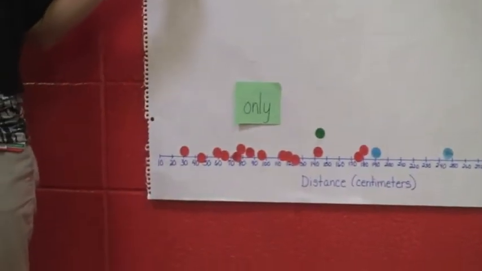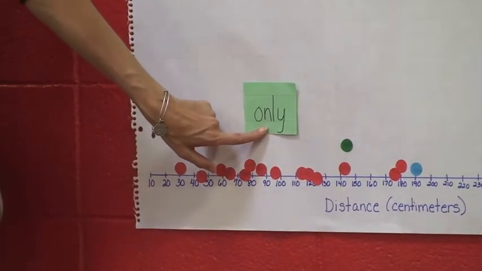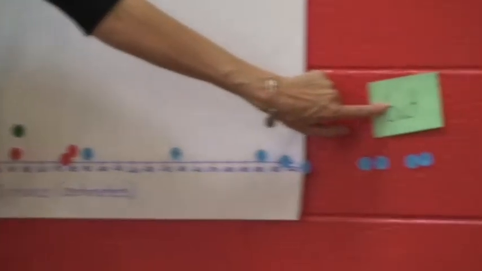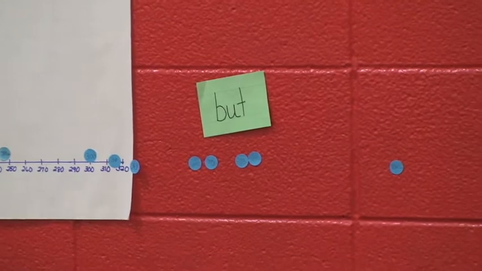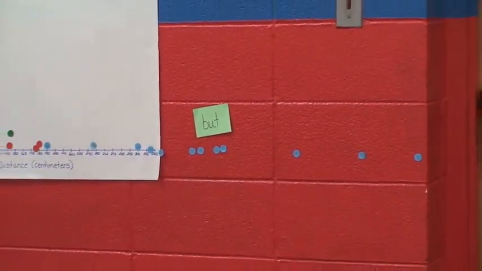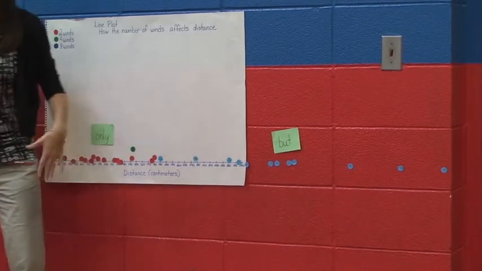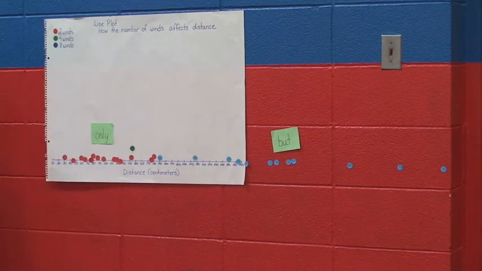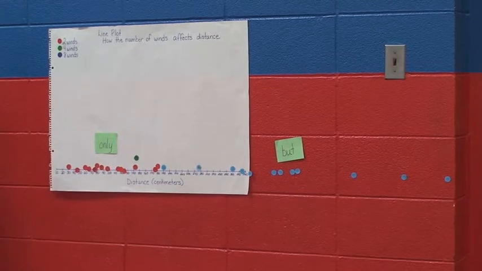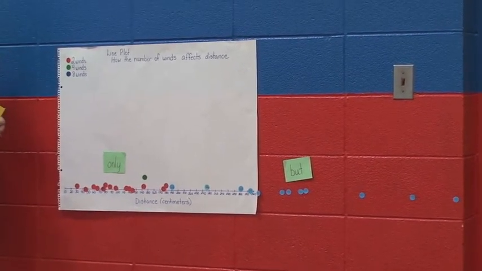When we use 2 winds of the rubber band, our class data shows that it only went 99 centimeters. But when we did 8 winds of the rubber band, our class data shows it went 377 centimeters. What do you think Mrs. Ornburn's doing with those 2 numbers right now? 377 and 99. What is she doing to those 2 numbers right now? Simon? Subtracting them, and what's that going to tell us? What's it going to tell us, Simon?